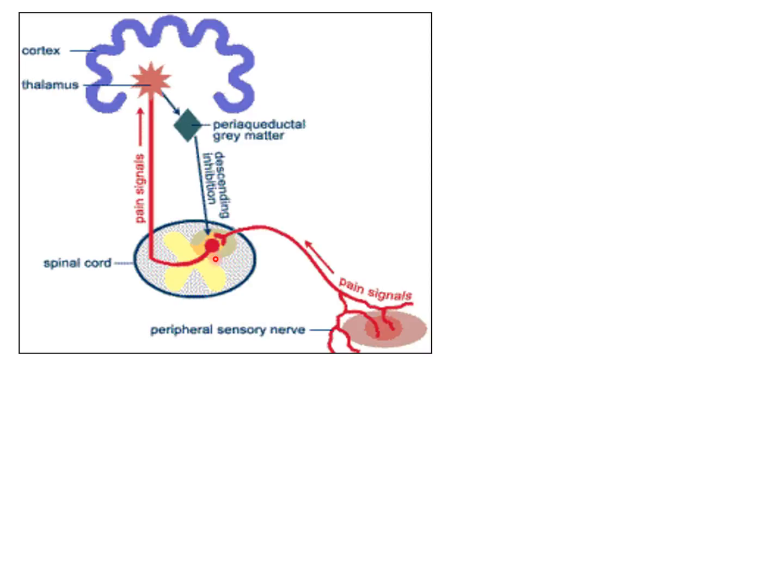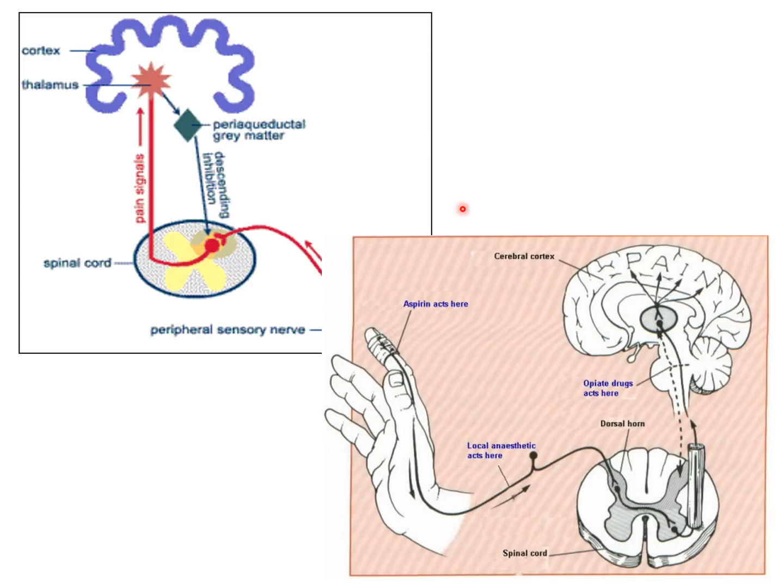And you probably think about it when you hit something very hard. Initially you have a huge pain, and after a few seconds the pain will go eventually, and that is because of the function of this descending pathway. Here's another figure showing the